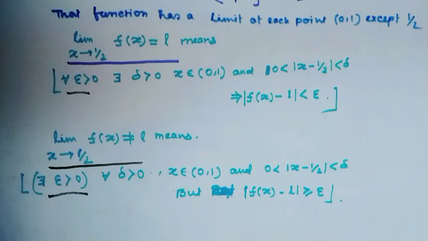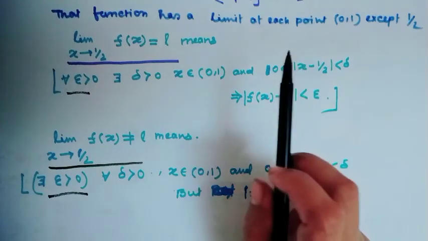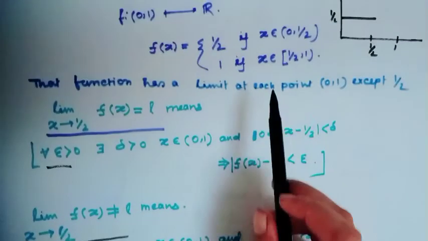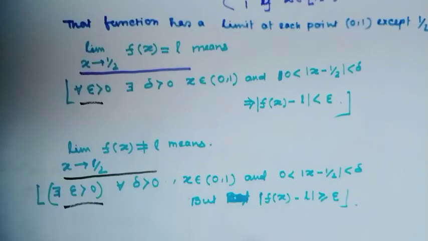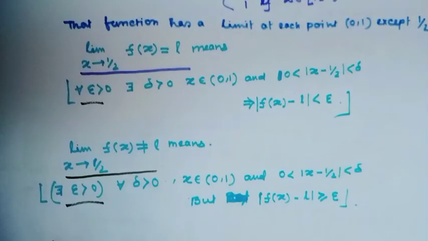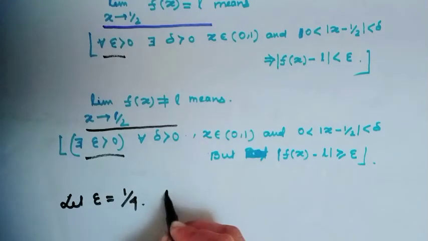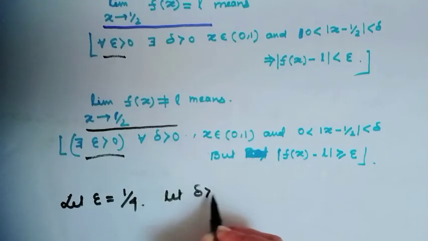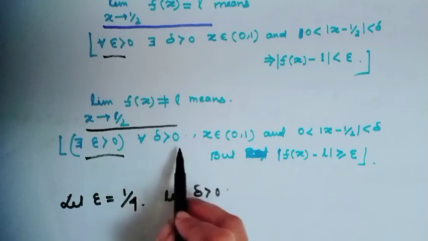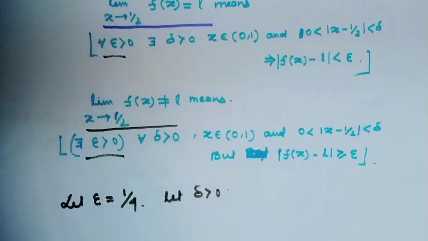All right, let's see this example. Let's choose epsilon equal to 1/4 and let delta be greater than 0. Since it is for all delta, we take any arbitrary delta,